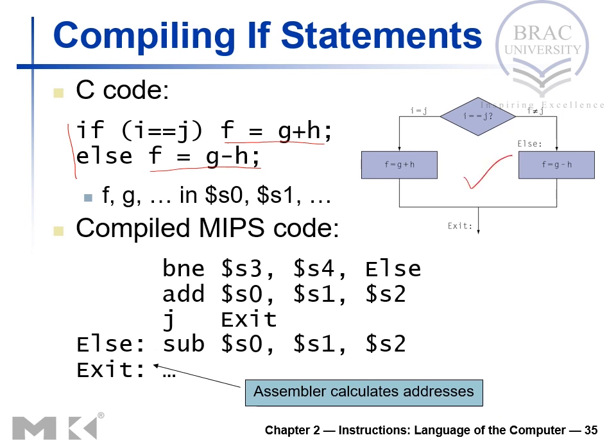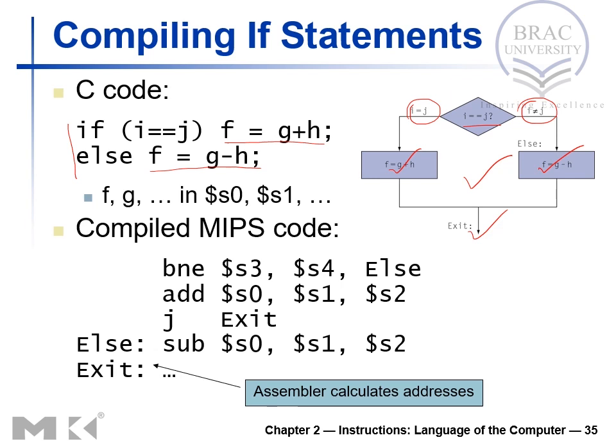What it says: if i equals j, it tests the condition. If i equals j, then this line executes. If i is not equal to j, then this line executes and the program ends. So this is straightforward, pretty basic. Now we need to convert this into MIPS code, but before that, let's assign these variables.